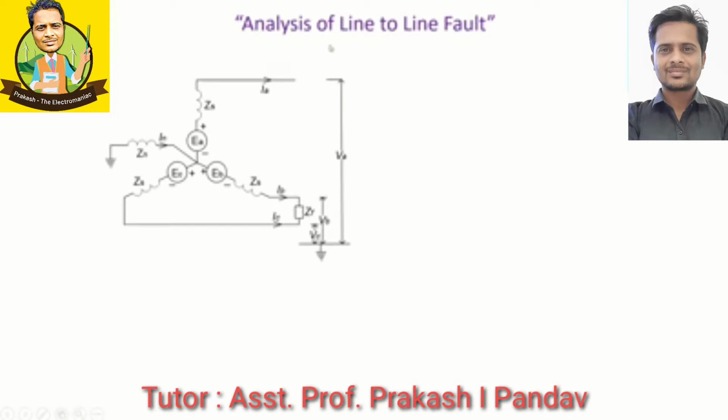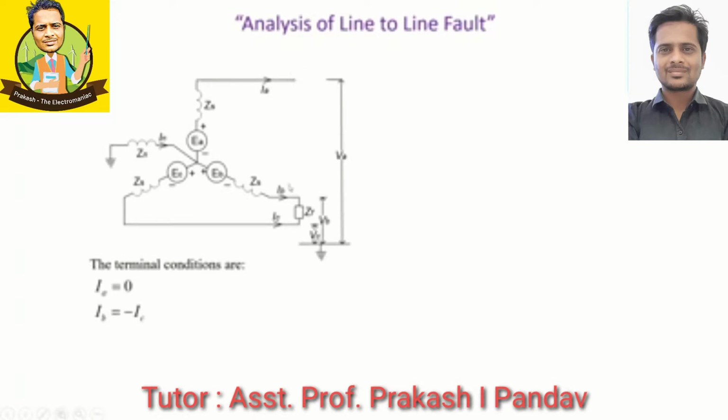The generator is initially running at no load, and we are creating a fault on the B and C phases. So B and C phases are shorted with a fault impedance ZF, whereas phase A remains open. Now, looking from this figure, we can write down the terminal condition as IA is equal to 0, because this terminal is open,